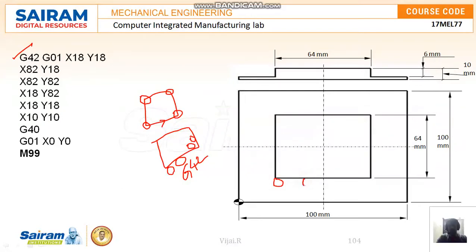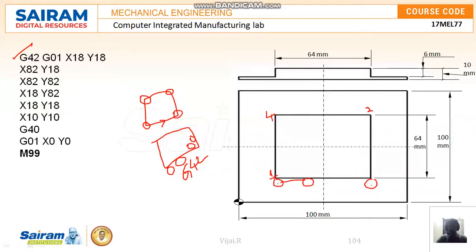First of all, we should know what the coordinate points are here. Now we are moving the tool in a manner that it is outside the contour, touching this slab. We need not measure this position exactly, but we have to measure these corner points. So these are the points.